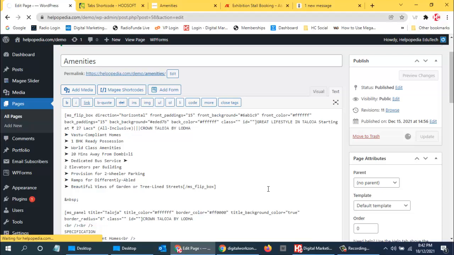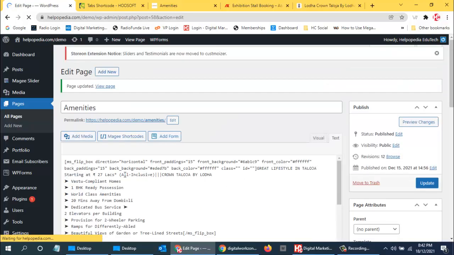So likewise, same we have to add, again we need to add all these things.